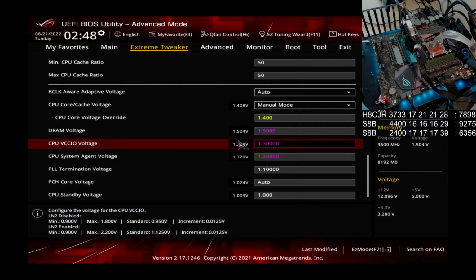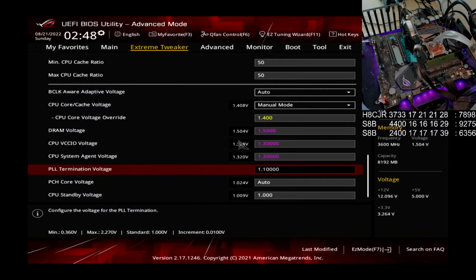That's just the maximum dailyable voltage that I've been told to use, so that's just what I set. Like, yeah, the memory controller is not going to be the problem here. And this one's actually kind of important. I found this out